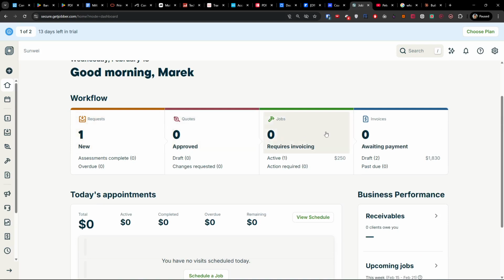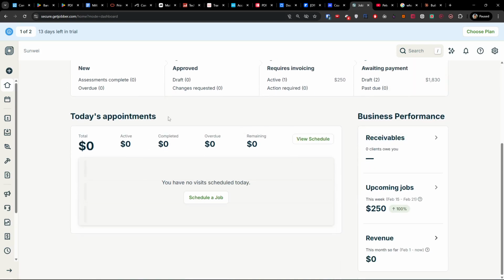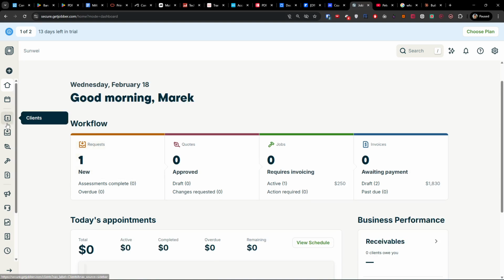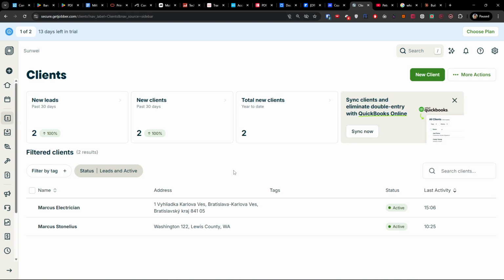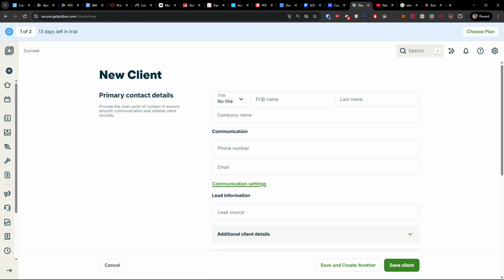the requests, quotes, jobs, invoices, and also today's payments. So right here, when you're going to be in the clients, this is where you're going to get a client. So let's say you're going to meet with someone, and this is very similar also to how it's going to look on a phone too: you're going to click here, new client, where you can fill all the